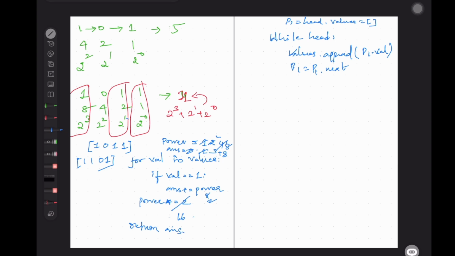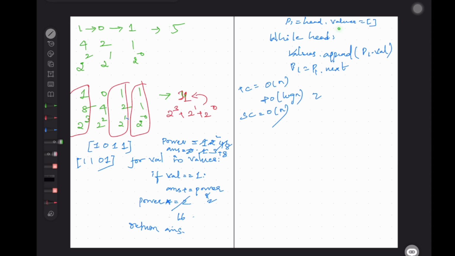But if you just look into the time complexity for this, you are just taking first order of n to traverse and to store it in a value, right? Then you will be doing plus order of log n to reverse the array. Then space complexity will be order of n. So this has huge time complexity. Now we'll just look into how we can reduce order of log n. How will you reduce this order of log n?